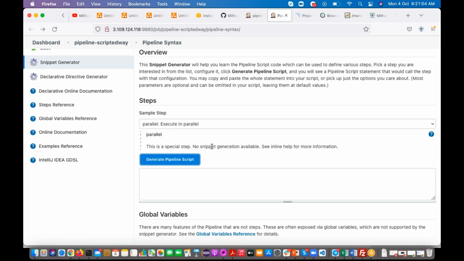This is a snippet. No snippet generator available for this one. Okay, just use this keyword parallel. Okay, so I will share that